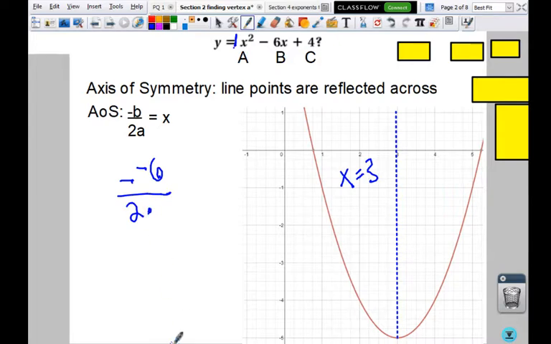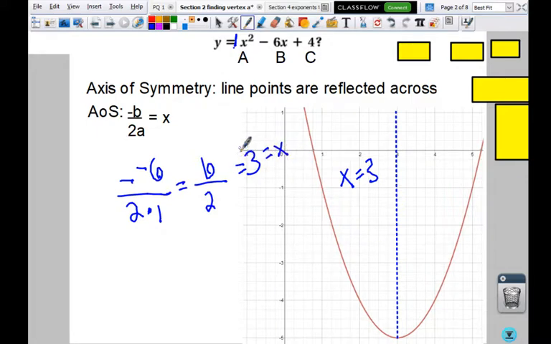Because it's a negative b, negative negative is really going to make it a positive. But I just haven't done that part yet. I'm not skipping steps. And the bottom part is always 2 times, and then a is 1. Negative, negative 6 means it's really positive. 2 negatives make positive. Over 2 times 1 is 2, which is 6 over 2 is 3, which is what I got looking at my graph. 3 equals, I have to have my x equals there to show it's my